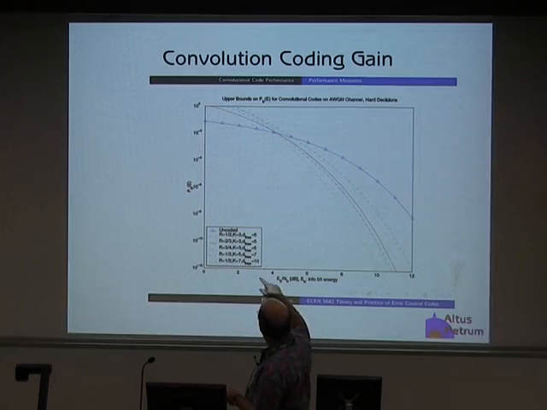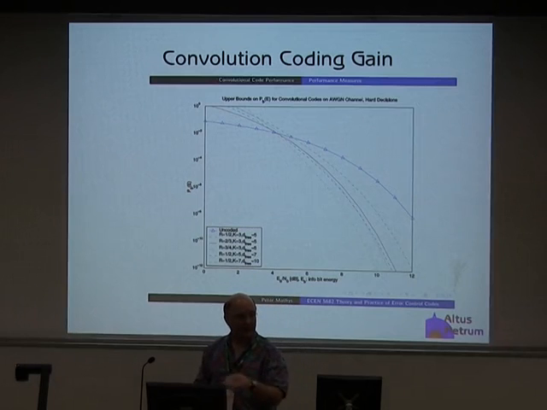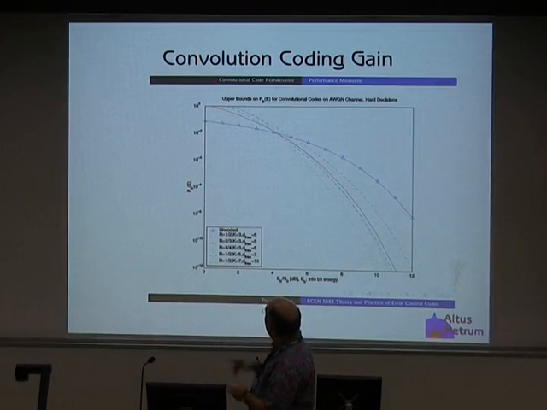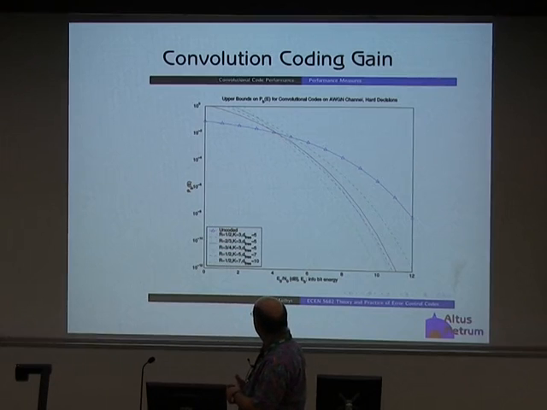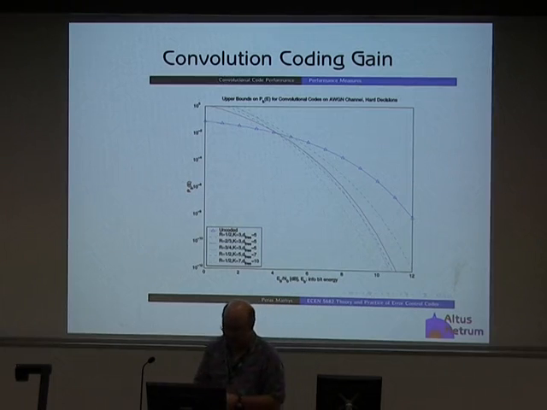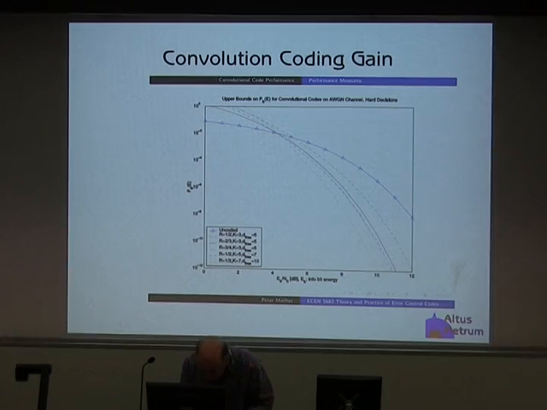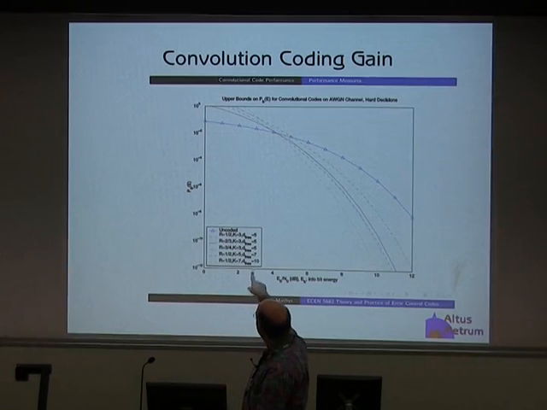You can see that as you want a more and more reliable channel, which is to say as your BER gets smaller and smaller, your convolution code is giving you more and more gain for the same Eb/N0 number. At typical levels, like 1 bit error in a million, I can't see this at all on my screen either, for 10 to the minus 6 you have a coding gain of about 2 to 3 dB for a convolution code. This is a bunch of different convolution codes you can see down here.